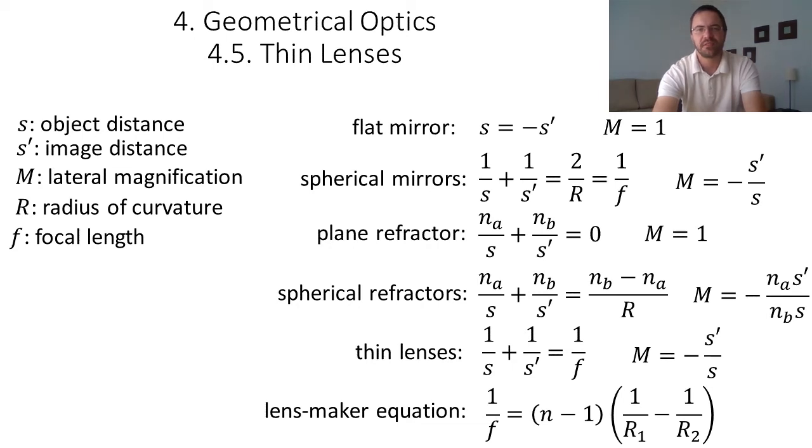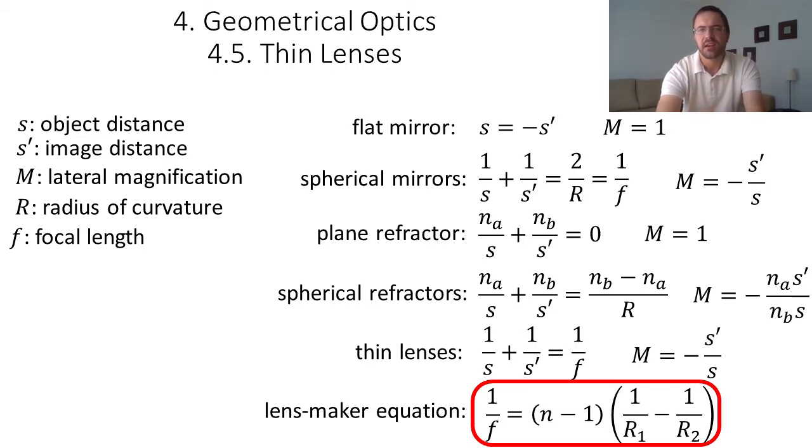In this video, we will discuss how to find the location of images with thin lenses. The first method is to do this using formulas. We have already discussed how to find the focal length of a thin lens using the lens maker equation in the previous video. And the position of the object S and the position of the image S prime are related